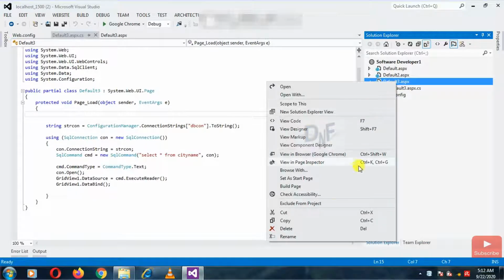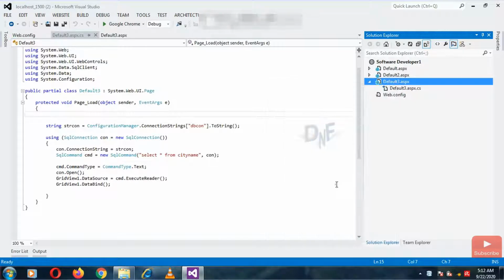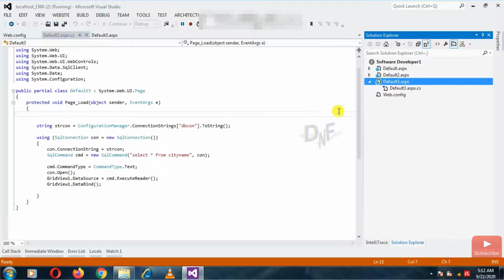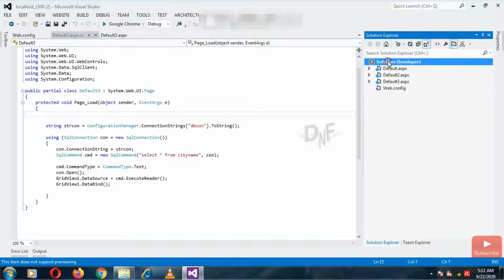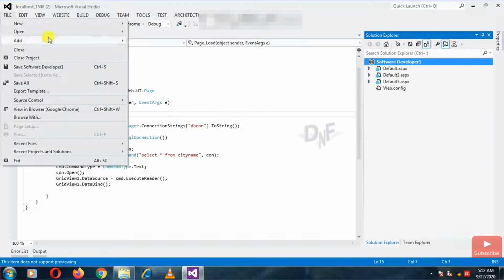It is working fine. Okay, I just set it as a startup page. Yeah, we can see that it is working well and fine.